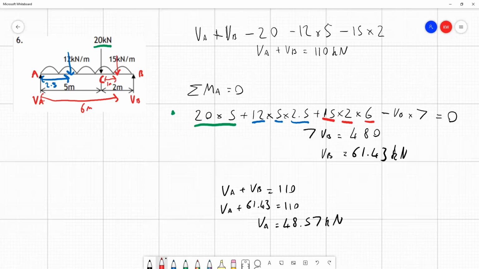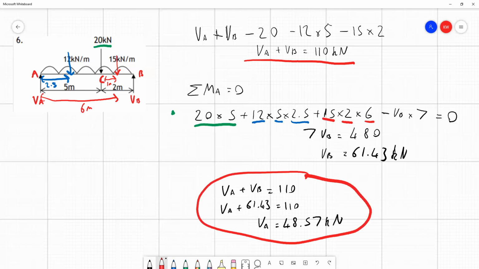and we add all those other numbers up, and we get 7 VB is equal to 480. So dividing that through by 7, we get VB is equal to 61.43. And using that relationship we established at the start, we can find VA. So VA plus VB is equal to 110, subtract 61.43, and we're left with